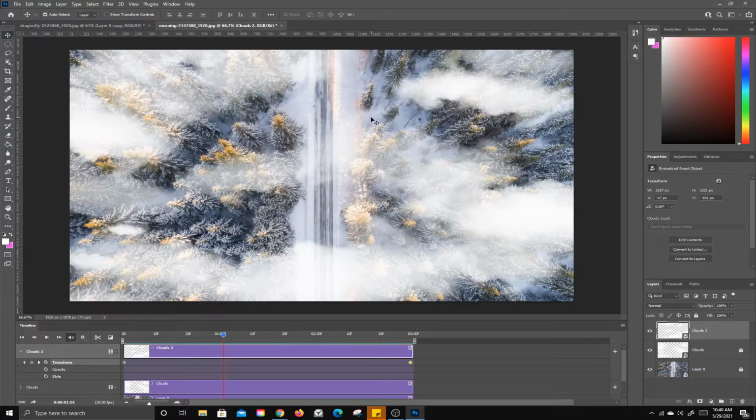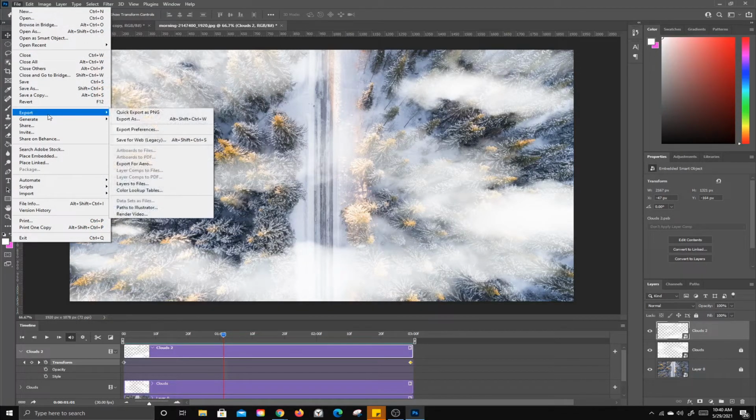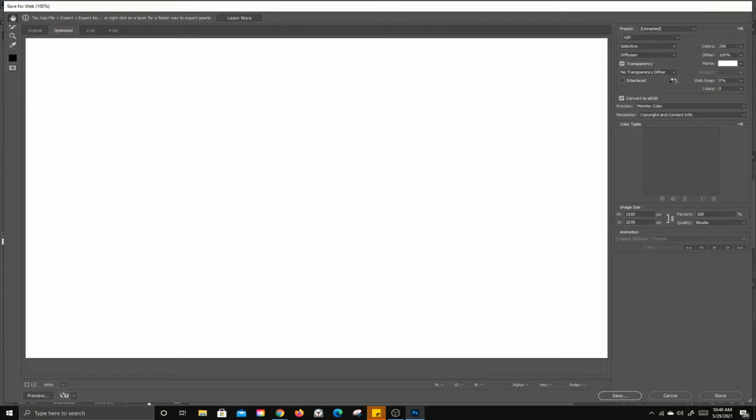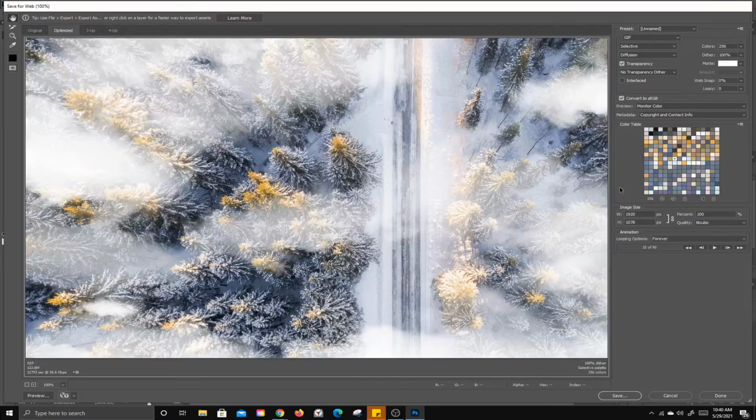If you want to save it as an image or a graphic, you can go to File, Export, Save for Web, and this will turn it into a GIF, so you want to make sure that that's selected. It's a photo or an image format that saves transparency, and that'll take a second to load because this is quite a big image. Once that's done, you can resize it if you'd like to, so maybe I'll make this 800 pixels wide, and I'm going to go ahead and hit save,